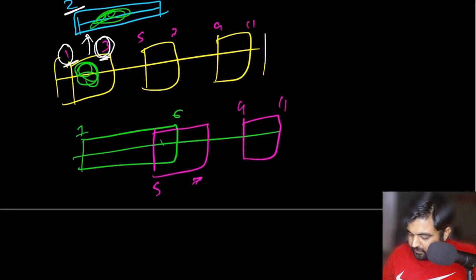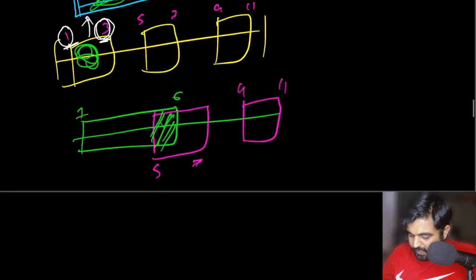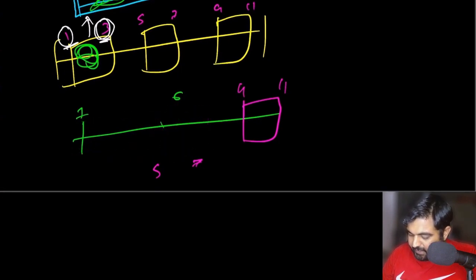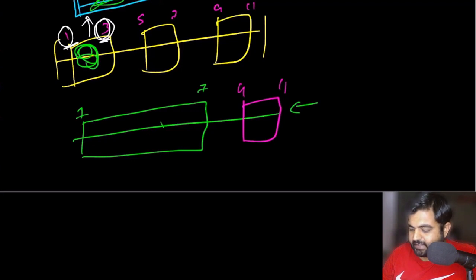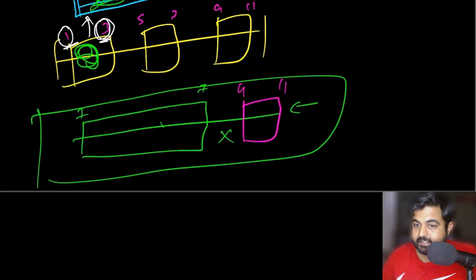Again, if we repeat the same process between this interval, we will do the overlap. After doing the overlap, we would end up with a new interval that looks like 1 to 7, and we can get rid of all the previous ones. This one is already 9 to 11, and since there is no overlap right now, we can return this as the answer after inserting the new interval without creating any overlap.